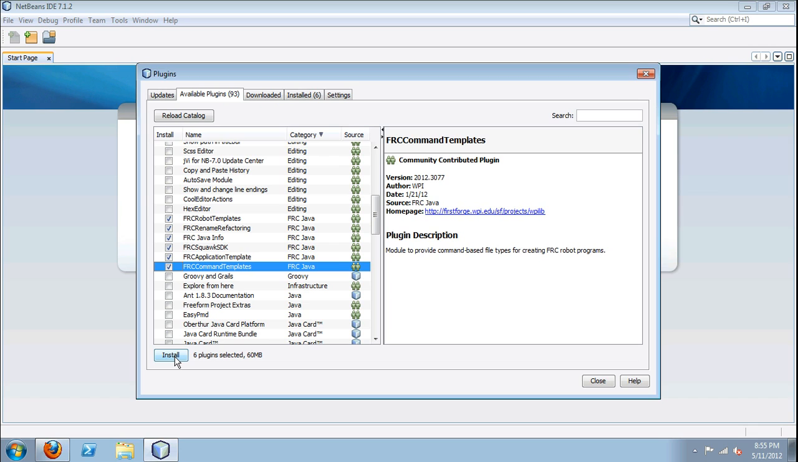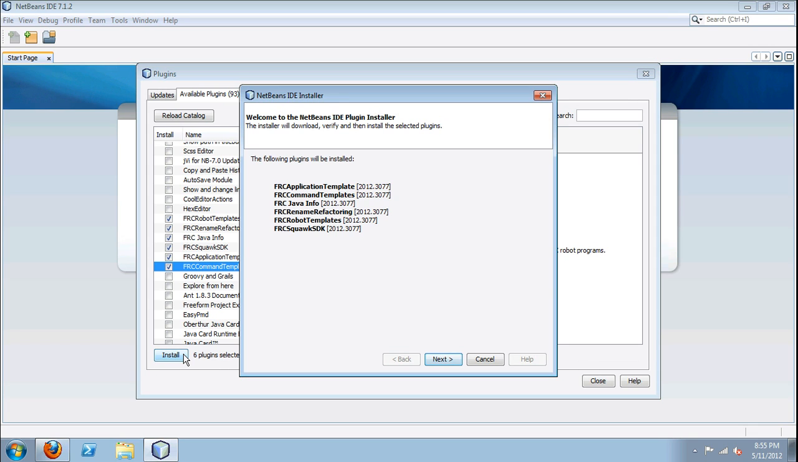Now, what we're going to do is click the Install button, and it's going to say the following plugins will be installed. If you're downloading the 2012 edition of these plugins, your list should look similar to mine. This may change over the years, but as of now, this is correct. We're going to click the Next button,